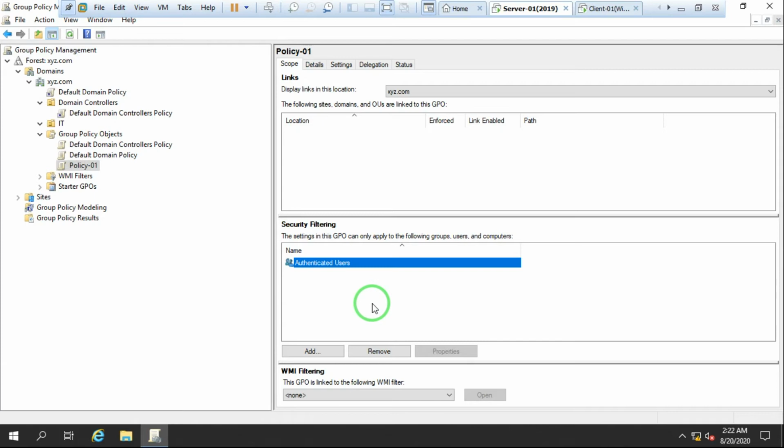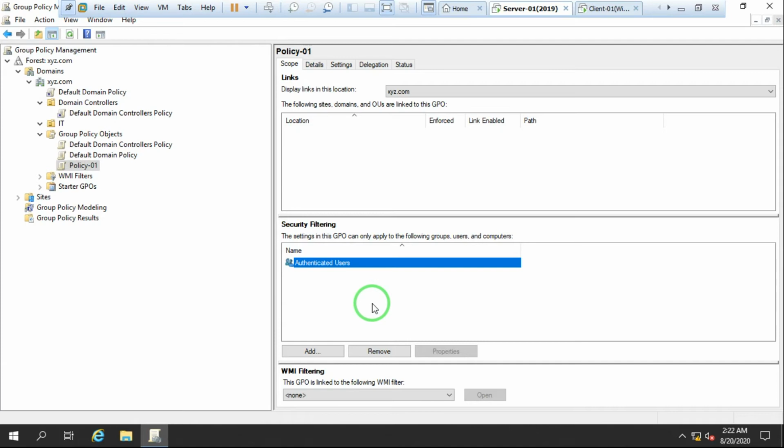This is one option. The second option is I just delete authenticated users and add only those 2 users. In that case, this policy is applied only on those 2 users. That's it. Understood? Okay.